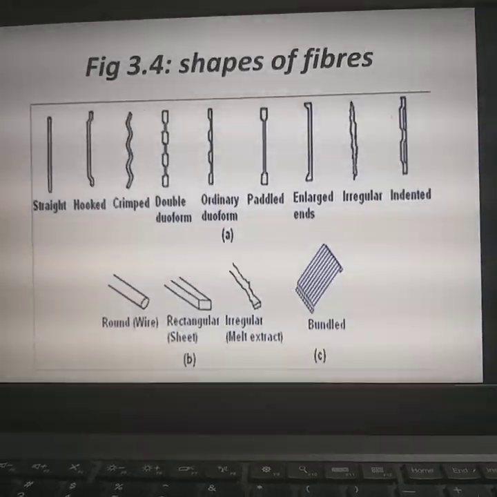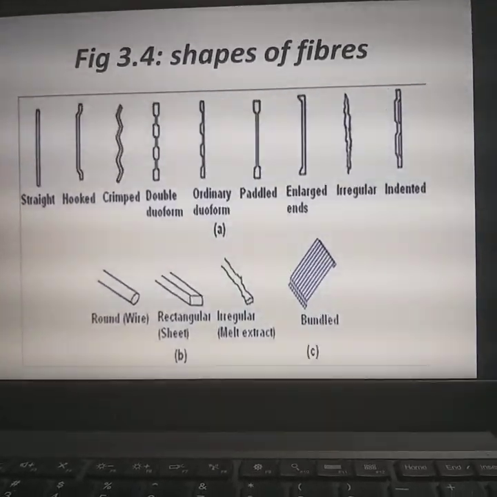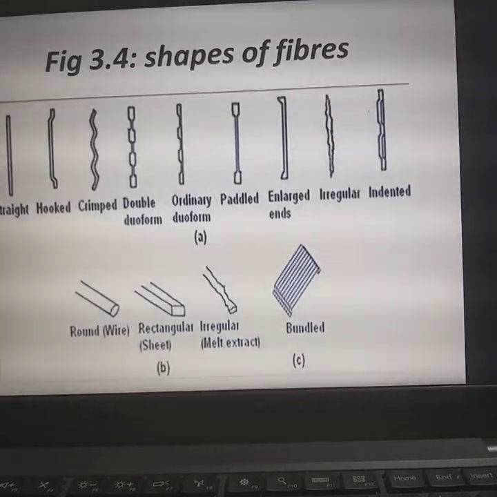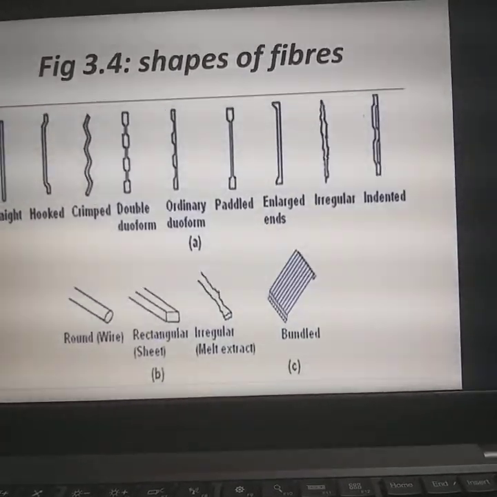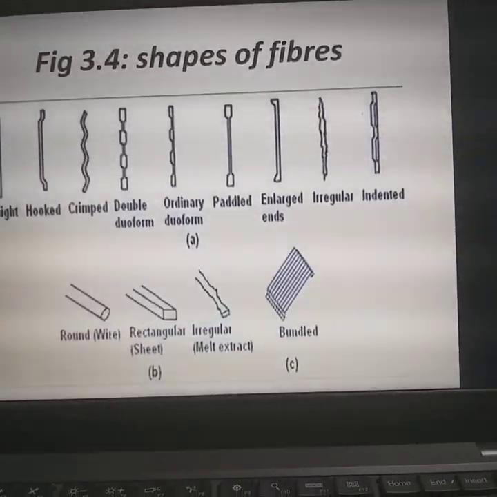These can be included in the cement based matrix also, but when used in small volumes, that is less than 1% of the volume fraction of the composite, they have been found to reduce the flexural strength of the composite. Okay, and also the